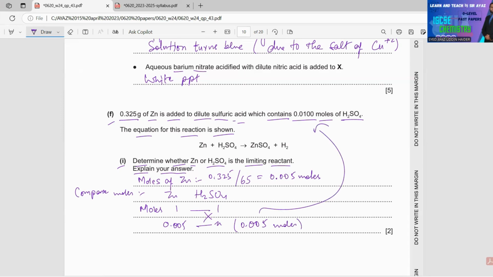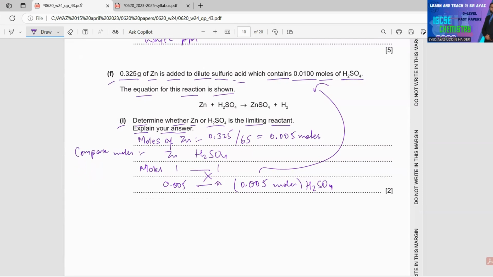They gave 0.01 moles. We need 0.005 moles of H2SO4, and they provided us with the higher number of moles. So Zn will be the limiting reactant and H2SO4 is the reactant in excess. So how are we going to write? Zn is limiting